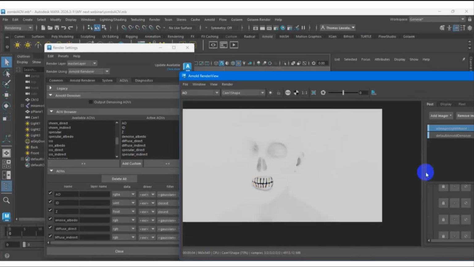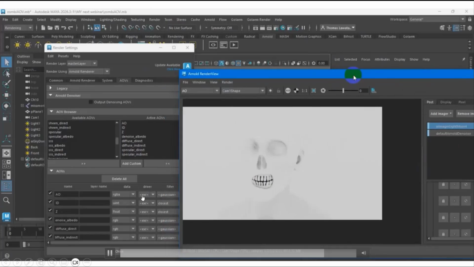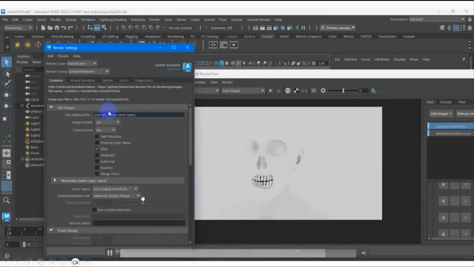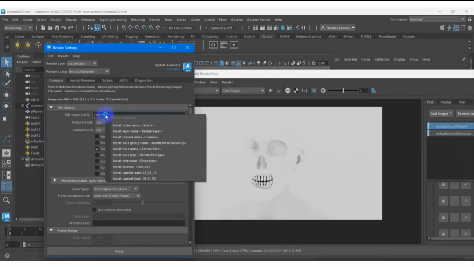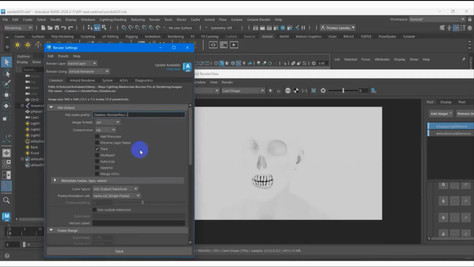So you can bring it to an EXR file, which means you can bring this to comp. If you have After Effects, or you can bring it to Nuke, you can use the shuffle node to break down anything you want to adjust inside Nuke. Again, the EXR.